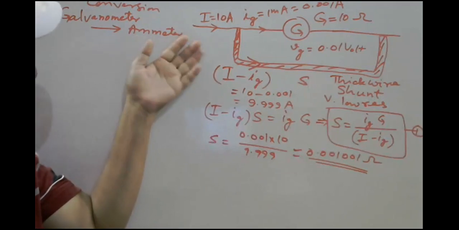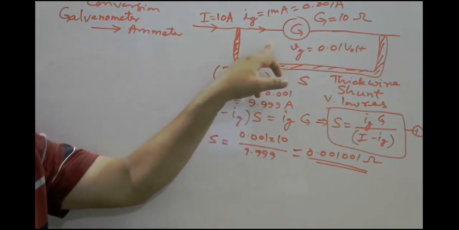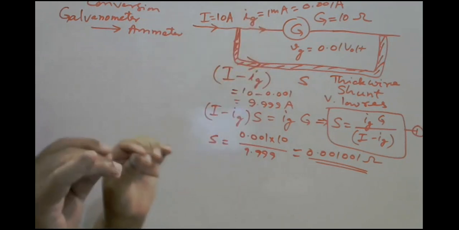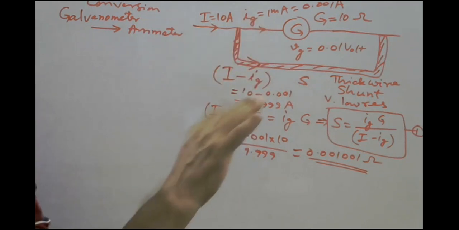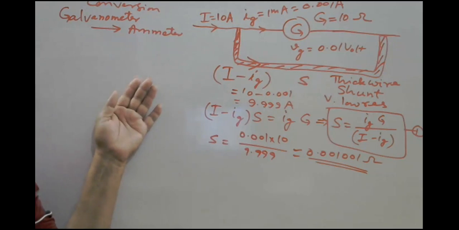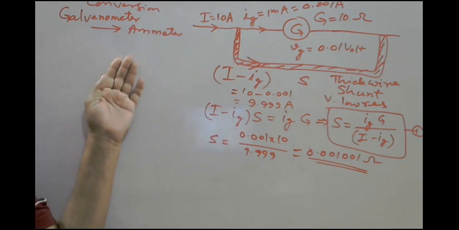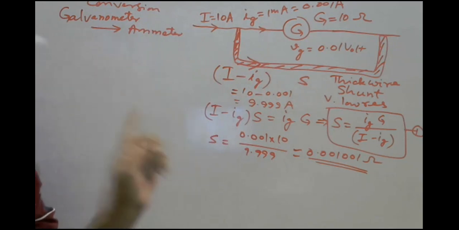One is what? It is a universal shunt. Universal shunt means there are many values. So the same galvanometer can be converted into different ranges of ammeter just by selecting different values of shunt resistance. It is called universal shunt resistance. So is it clear now? We can convert a galvanometer into the desired range of ammeter, or in other words, an ammeter is nothing but a shunted galvanometer.